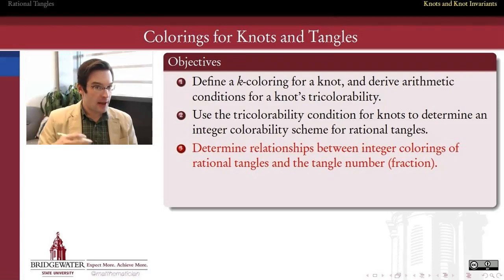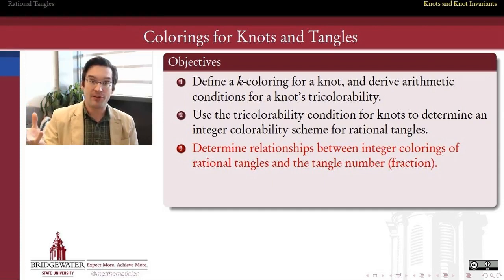So we've just figured out how to color a rational tangle using integers. So we have a whole infinite crayon box that we can choose from, and we've figured out a scheme to associate with every arc in a rational tangle diagram an integer in a way that gives us a valid coloration. And we figured out how that tells us something about the knots and the links that are associated with that rational tangle. What we haven't yet figured out is what that tells us about the tangle itself, and this is